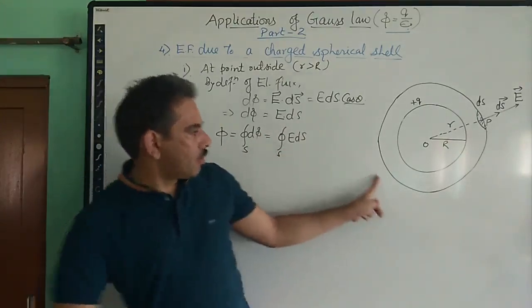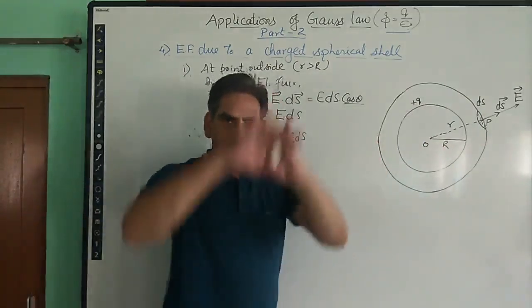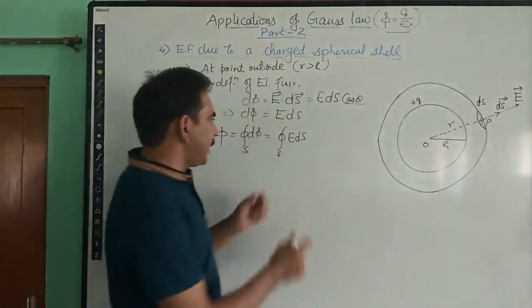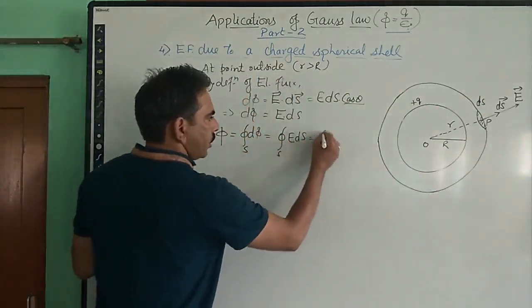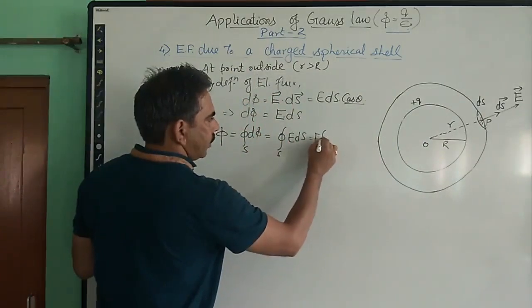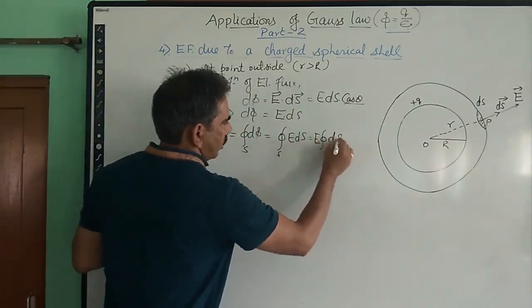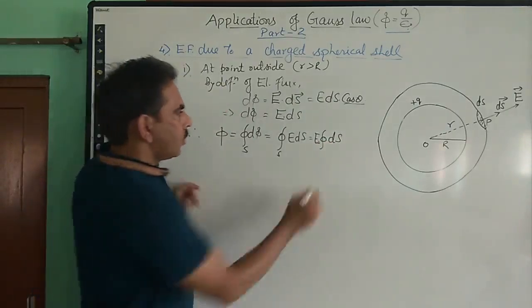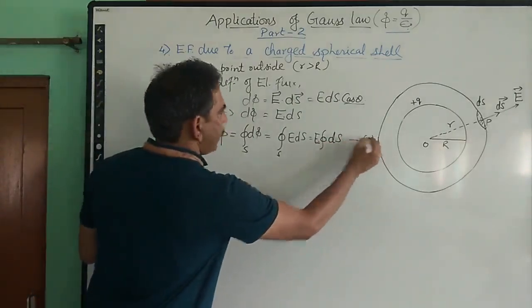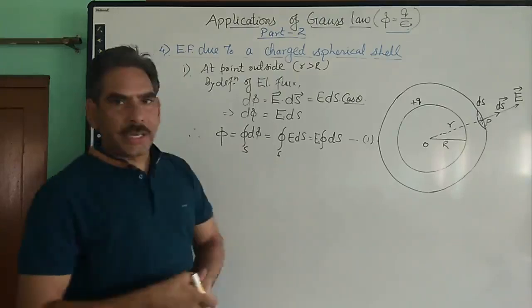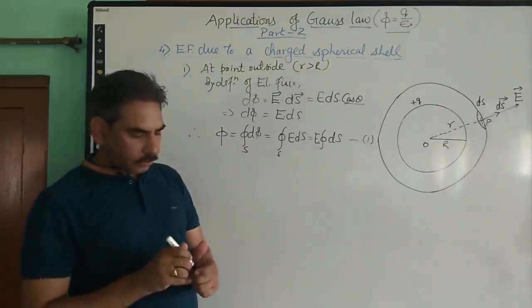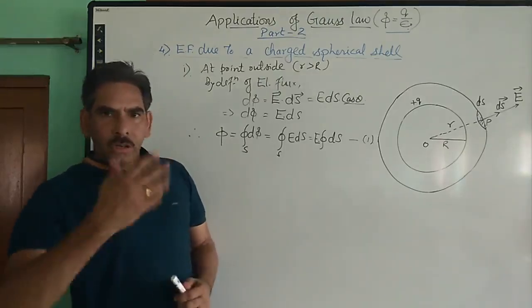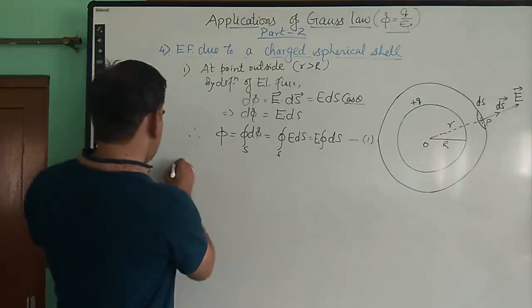Because the electric field is constant at every point of this spherical Gaussian surface, it can be taken out of the sign of integration. So this is electric field into the closed integral of dS. This is the total electric flux by the definition of electric flux. But Gauss law says that total flux